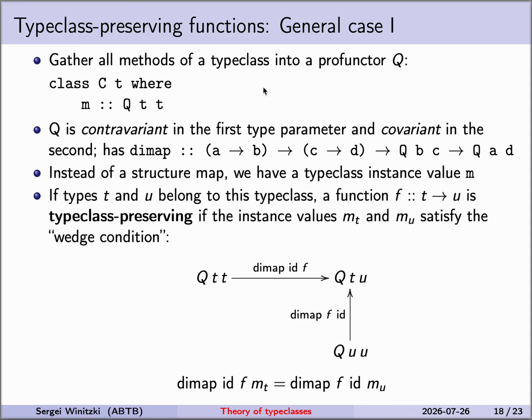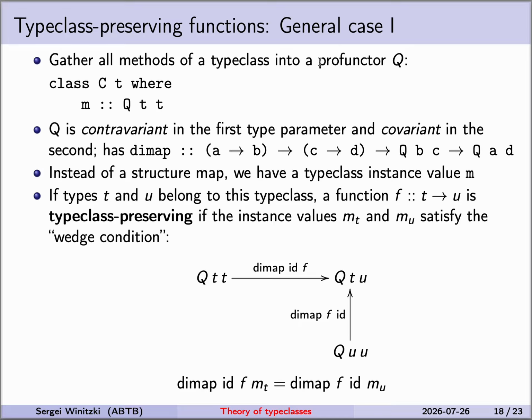Let's look at an even more general case where the type class is neither algebraic nor coalgebraic, and that case is actually only slightly more complicated. And we can still formulate type class preserving functions just as easily. The first step is that we gather all methods of the type class into a type constructor, but actually this type constructor won't be covariant or contravariant anymore. And so in order to work with it more conveniently,